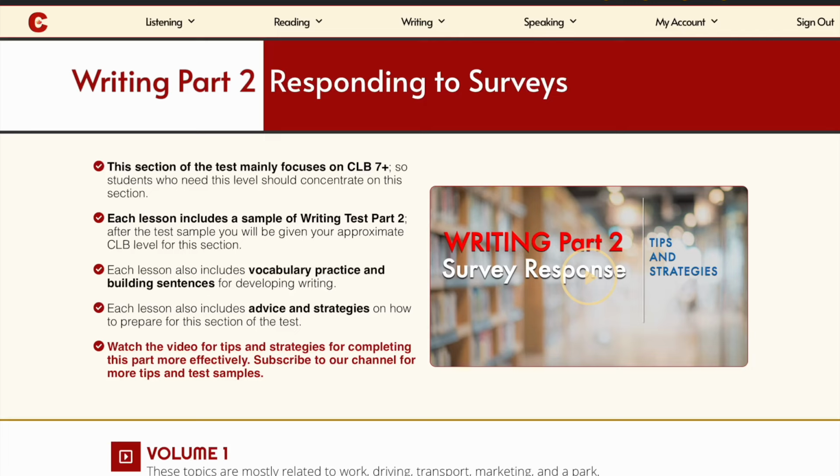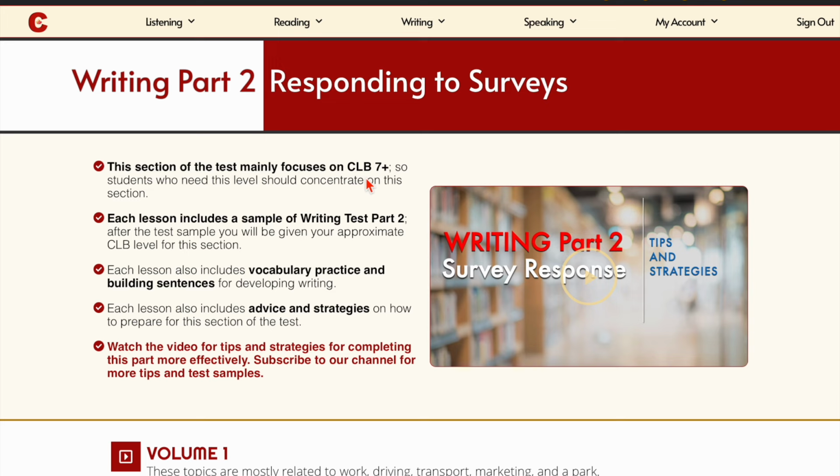Welcome everyone to this Writing Part 2, responding to surveys analysis. Before we get started, I do want to remind you that Writing Part 2 focuses more on CLB 7 or higher. Now, what does that mean? Well, it means that those students that need to get 7 or higher, 7 to 9, let's say, or higher, you need to make sure that you respond to this question